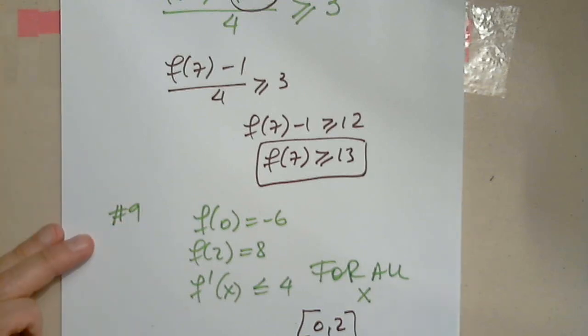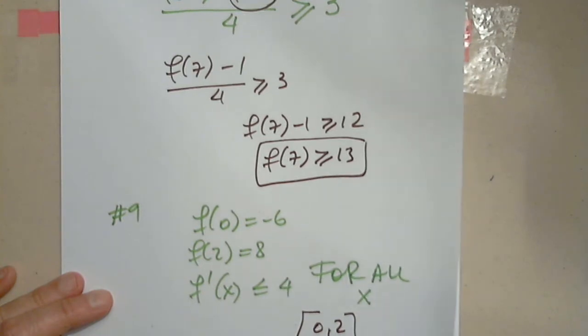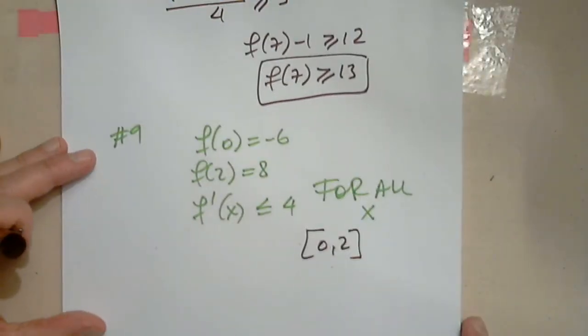I don't know. I have to look at 0 to 2 first. I have no idea what they mean by all x. I mean, by all x, we mean all real numbers. Okay, so